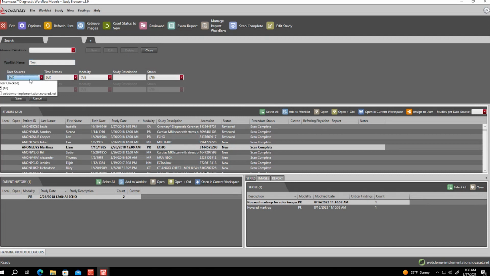And then it gives you the default options and filters. The first default option you get is the data source. So you can select one data source or multiple data sources, depending on what you're looking for. And then you have your time frame option that you can set in here. And it's all of our standard time frame options, including all and our custom time frame option.